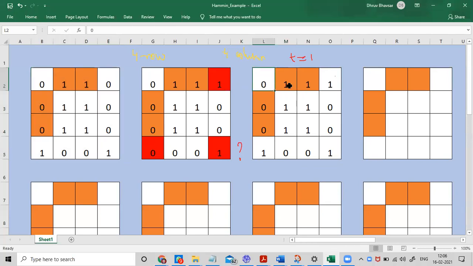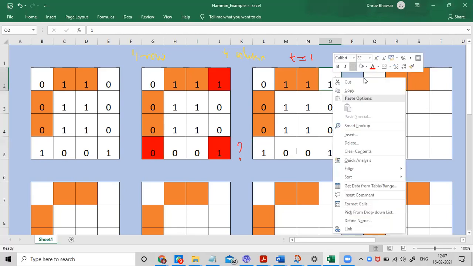Yes. So you can see the parity check, and what we did the first time for the columns: 3 and 4 are having errors. From that we check, the error has to be in the 4th column, and if you check for the rows, it is coming even only. It's 1, 1 and 1, 1. So that is right. There is no error in the 2nd, 3rd and 4th row, which says the error has to be in the 1st row, 4th column, which is 1. And you change 1 to 0.